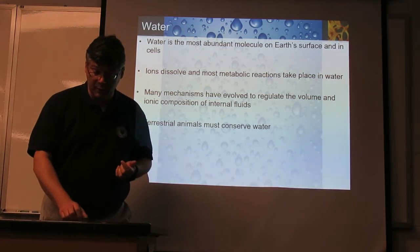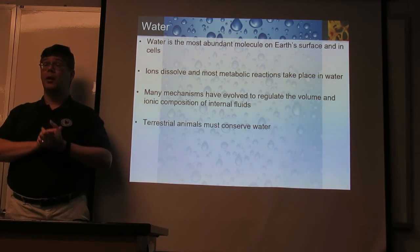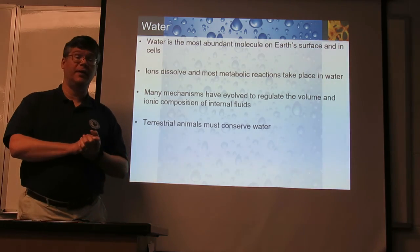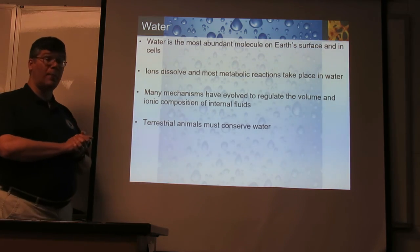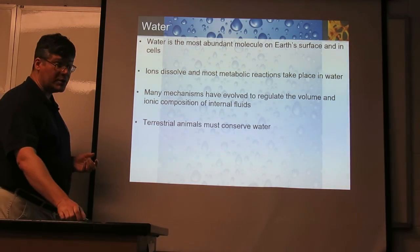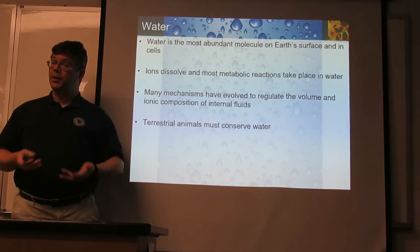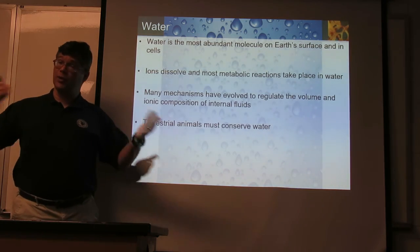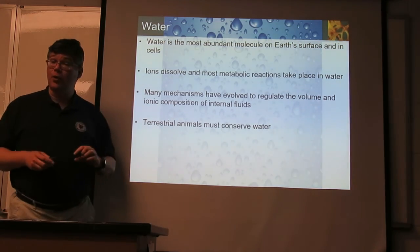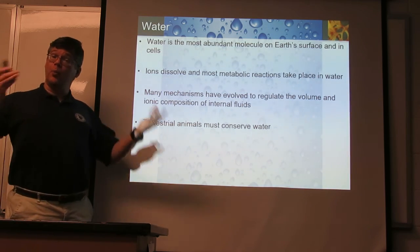Of course, the one thing we need a lot of is water. Water is very abundant all over Earth's surface, also very prevalent inside our bodies, inside our cells. Water dissolves lots of things. It's a very good material to have chemical reactions, such as all the ones needed for life, to take place in it. And so having the right amount of water, enough but not too much, is one very important thing to maintain